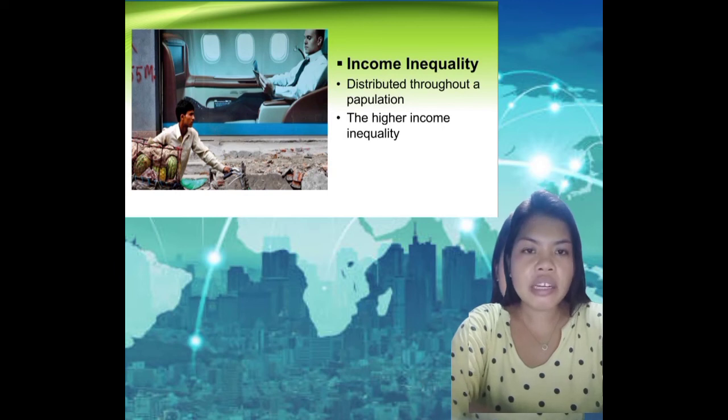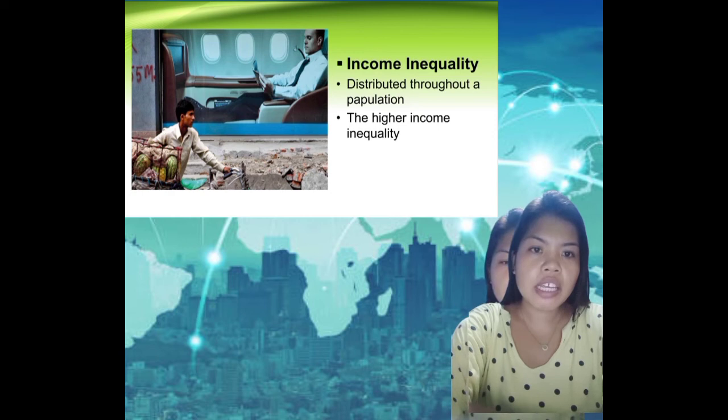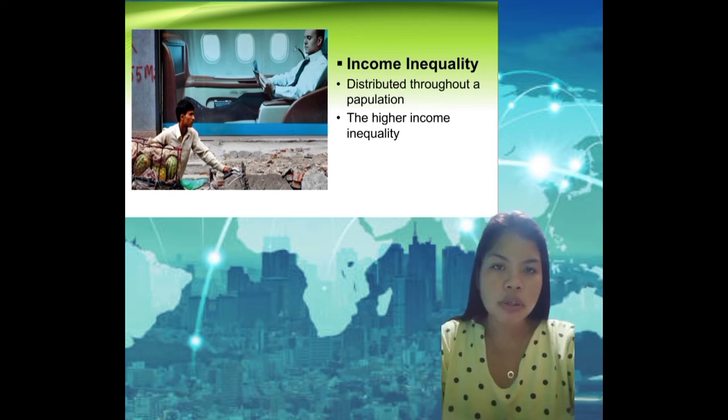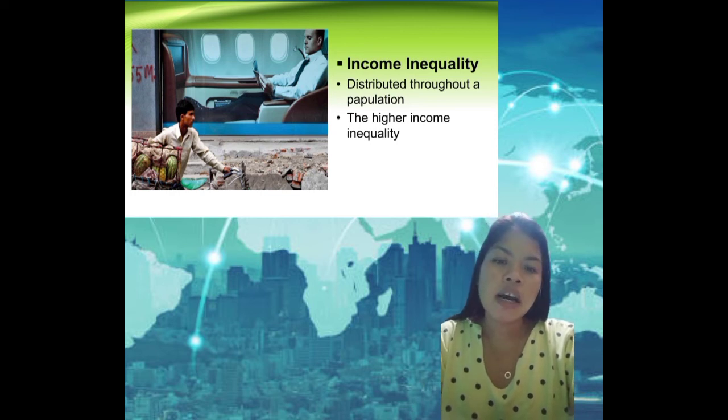And the second type is income inequality. Men have higher salaries than women. Throughout the population and higher income inequality, the less equal the distribution of the income gap, even if we are the same workers in one company. And just like in the picture, there is a big difference in work because of the lack of education, a gap between their income and status, and inequality of work and salary, so that many economists believe